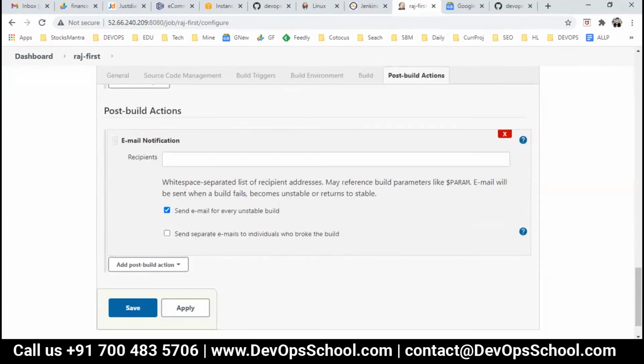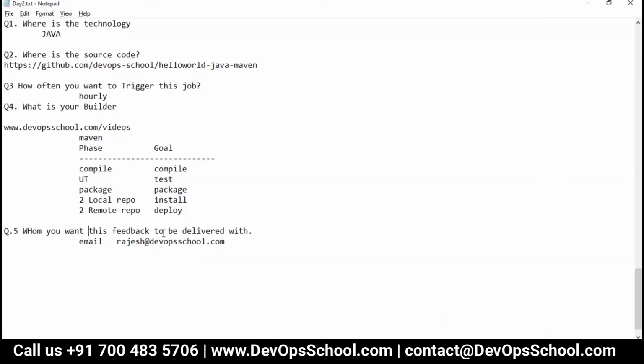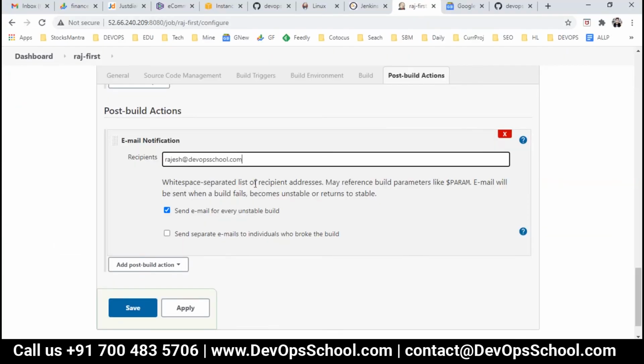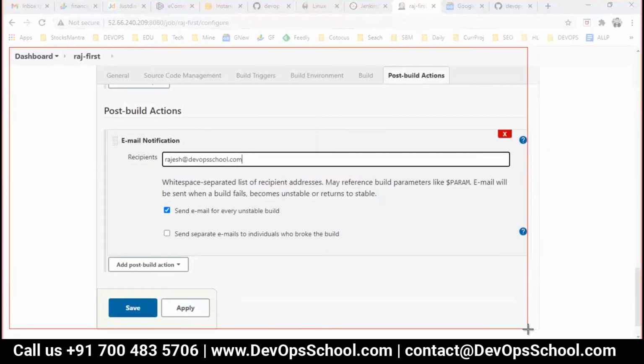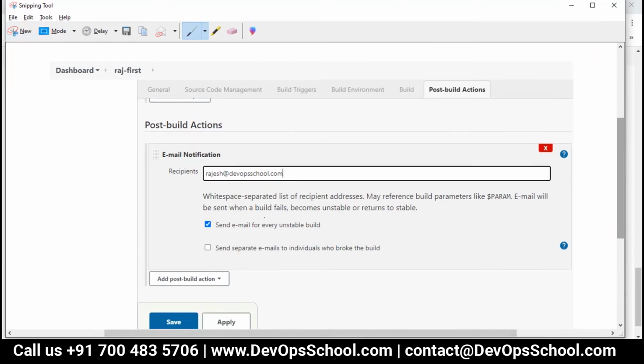So here I am going to set up that email, rajesh@devopsschool.com, and everything is set up now. Here you have to read this place and check this out.